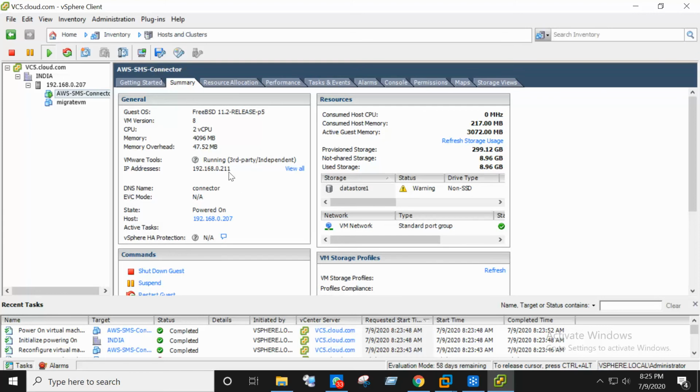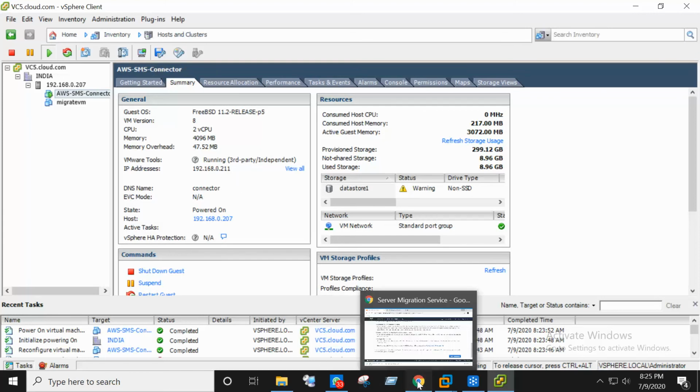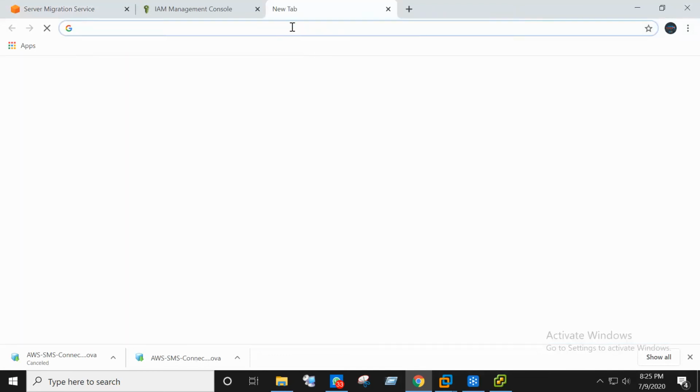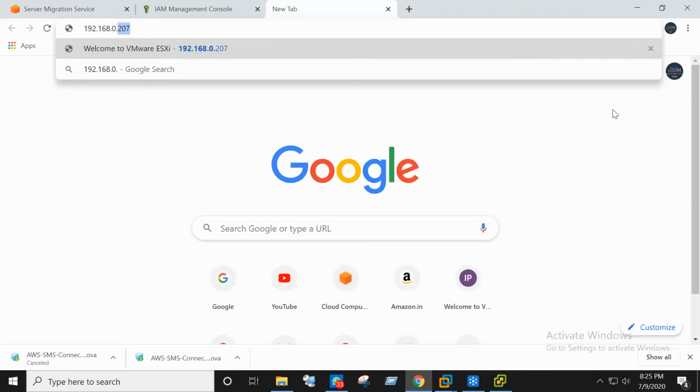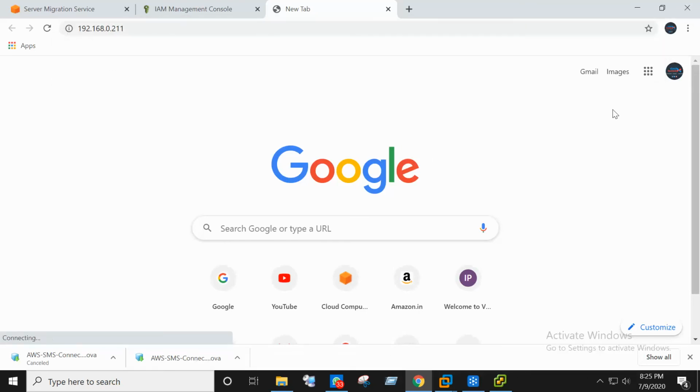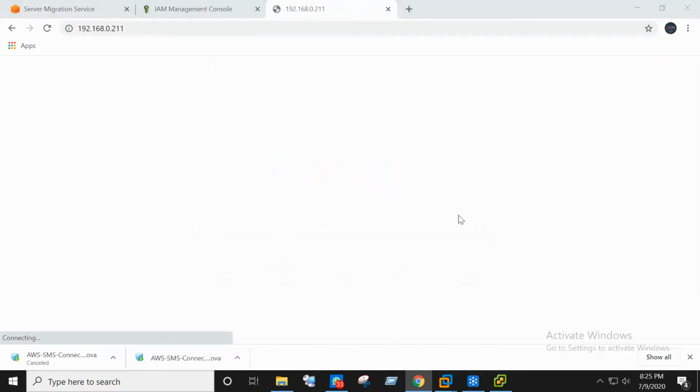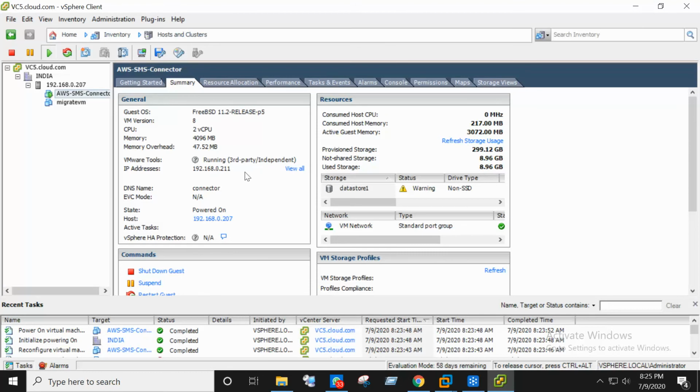Yeah, we got the IP address, 192.168.0.211. So open a browser on your local system and type this, 192.168.0.211.